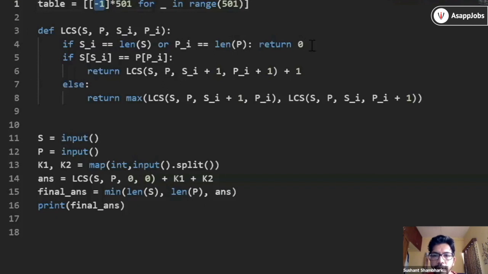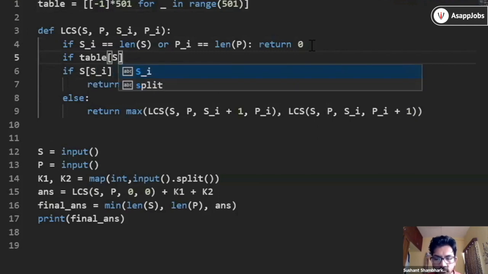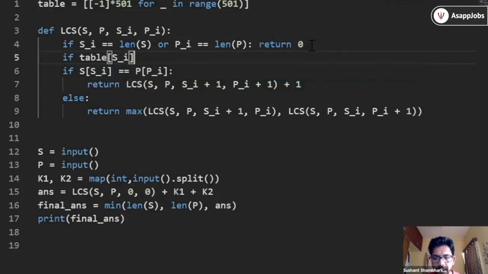So after our base condition, we are just going to check whether the matrix has already been filled or not. If table S I and T I is not equal to -1, that means this entry has been filled, then return this entry. Right?